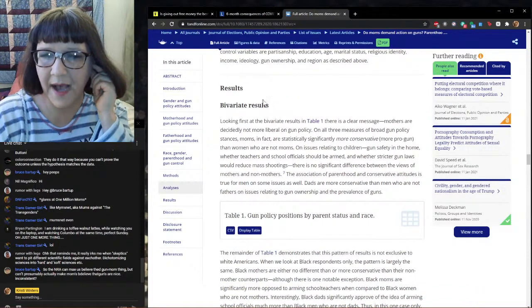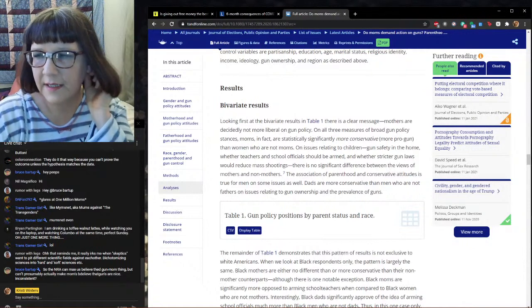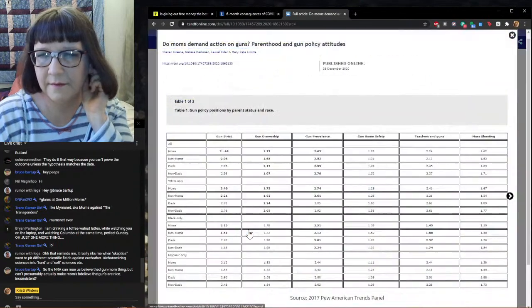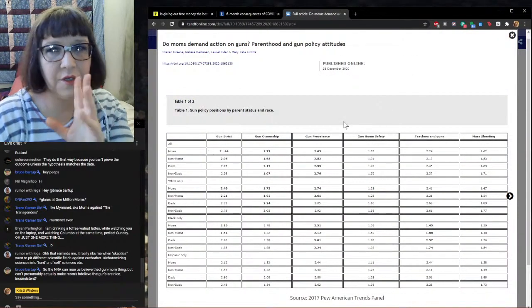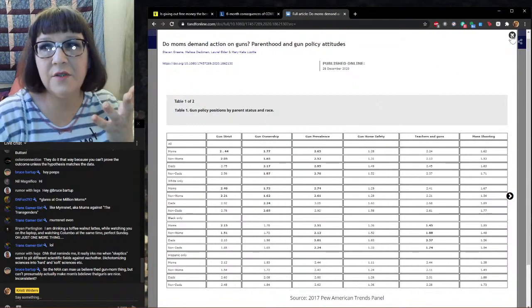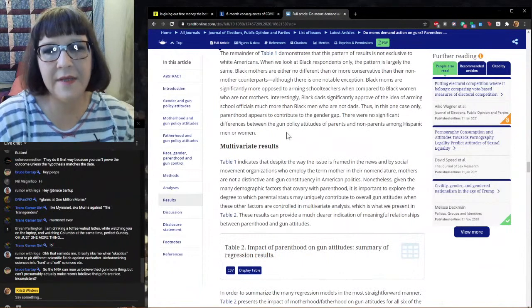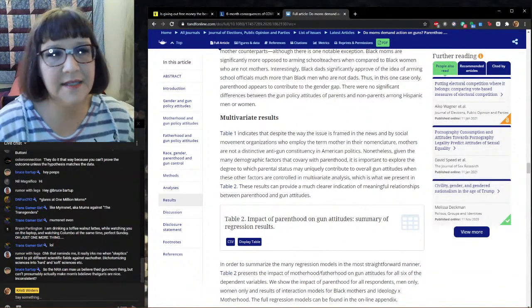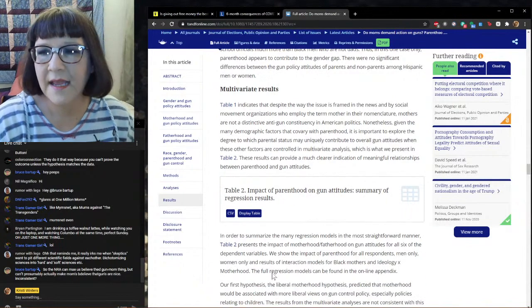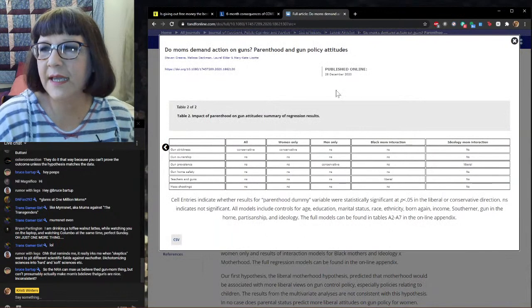They've got a bivariate table, which is merely description, right? And here's the table. So it's just a crosstab of the various metrics. And here you can look at it to evaluate where things are yourself, right? And eyeball them. And then when they get to multivariate, this is when they're looking at causality. So the first thing they did was look at their descriptive statistics. The next thing they wanted to do was to control for things looking at other things.